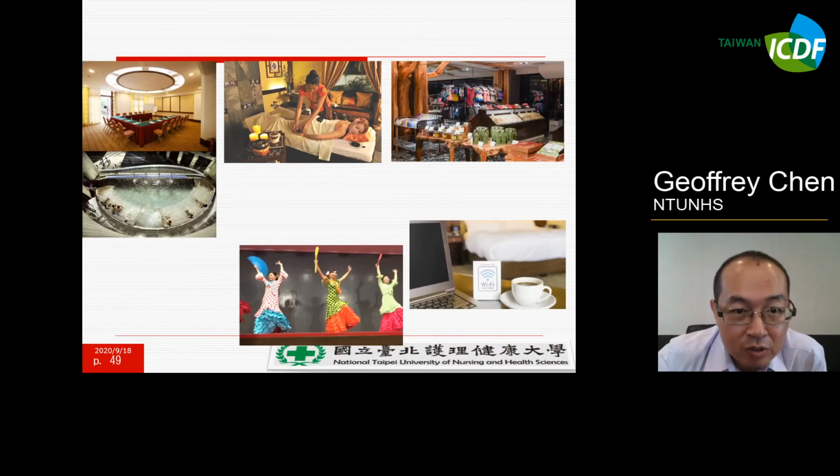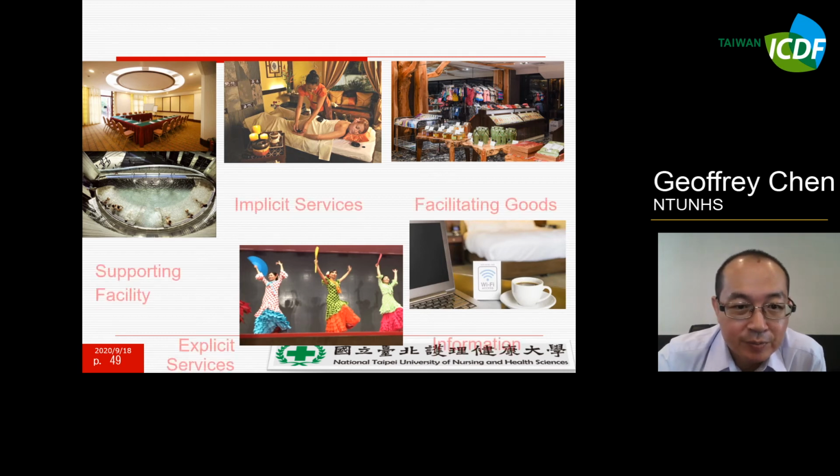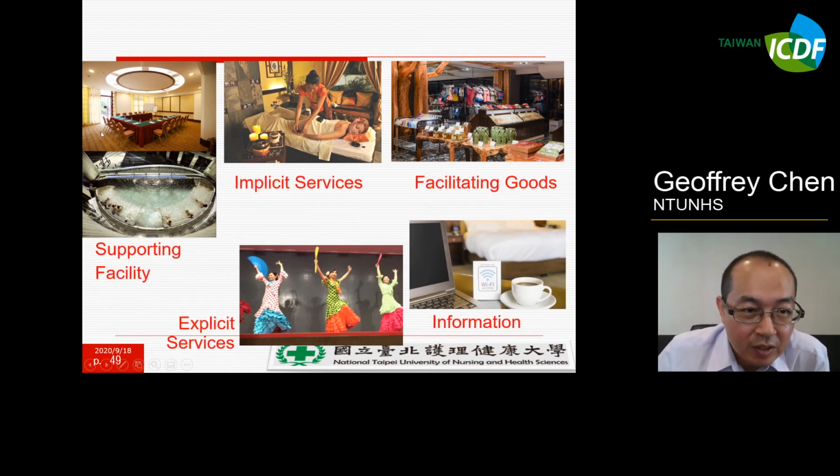As we know, when you have a huge capital, you may make an investment in facilities or services like these: a conference room, swimming pool, souvenirs, entertainment, and Wi-Fi.